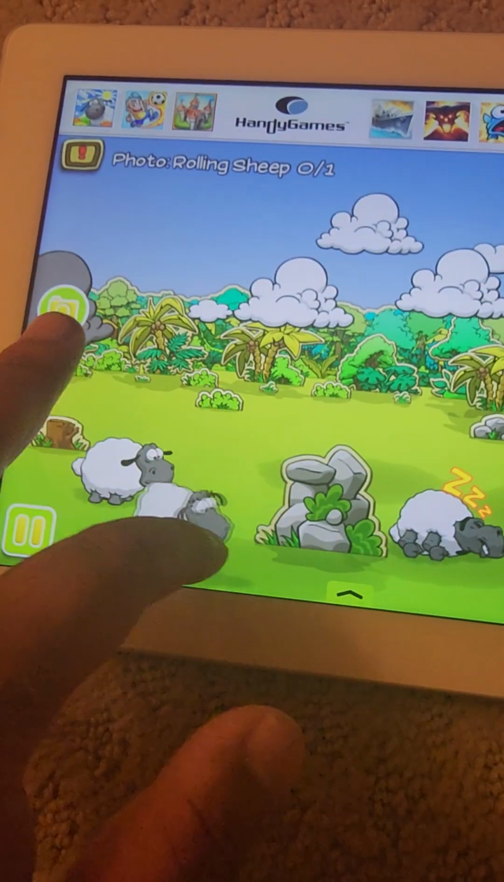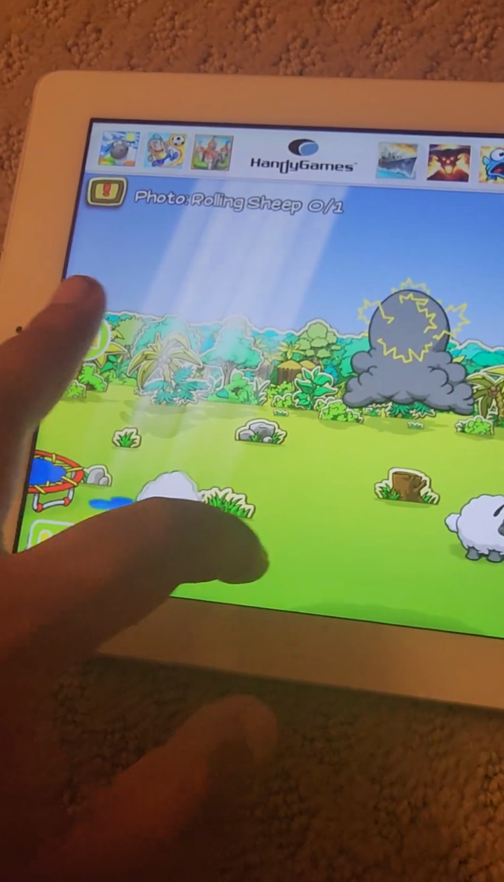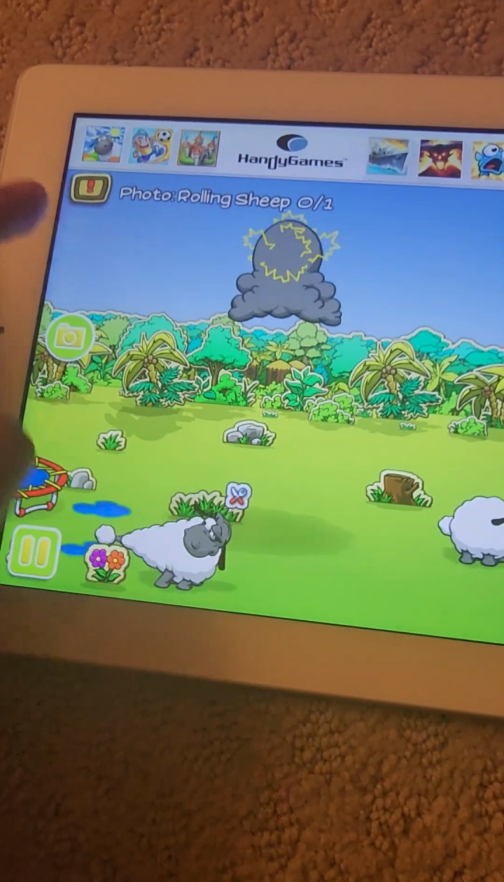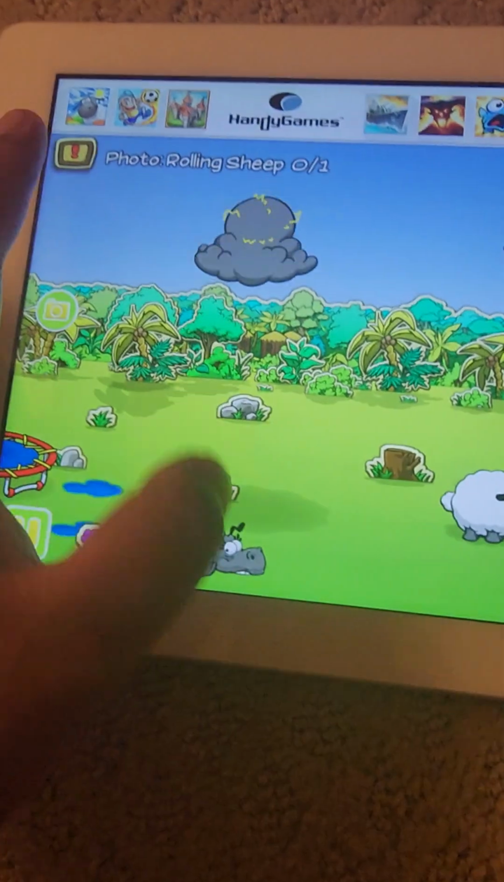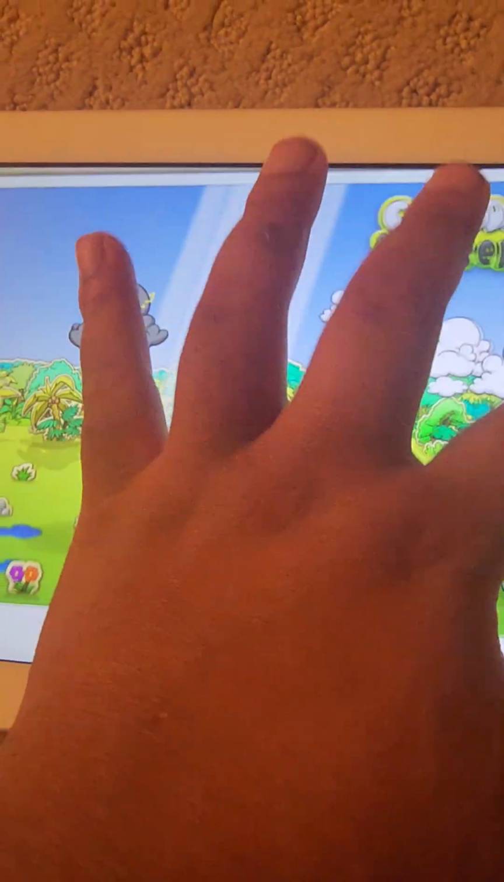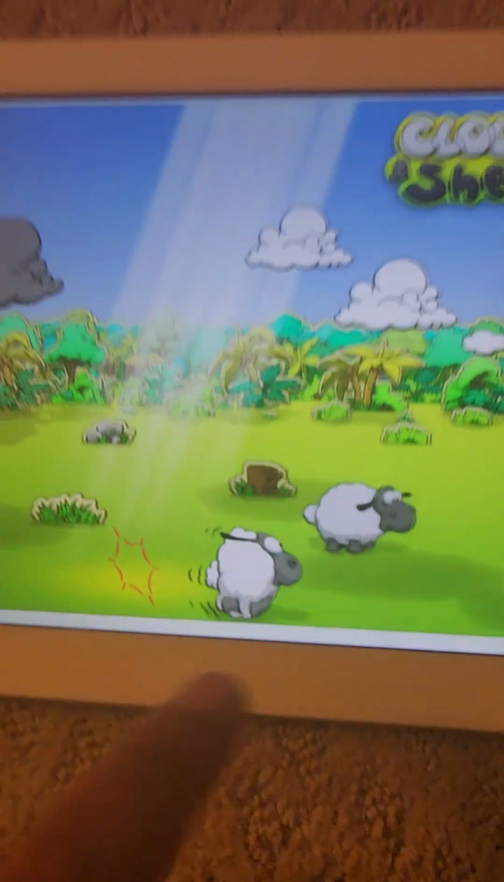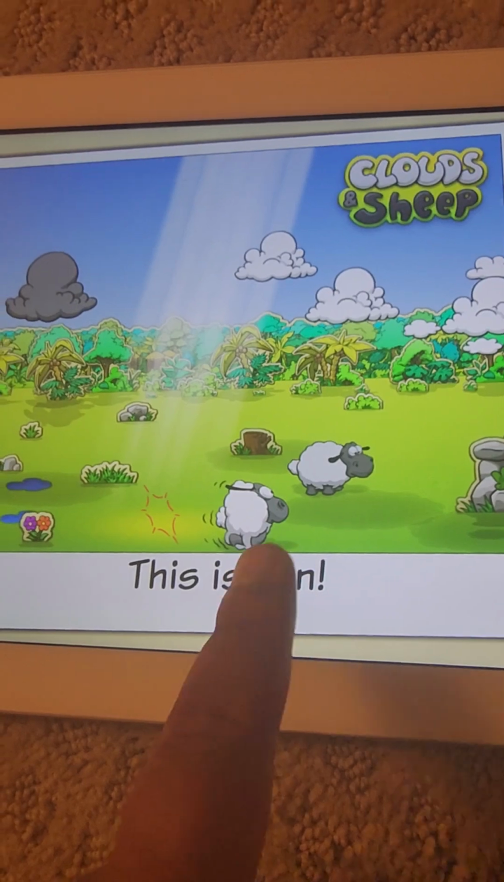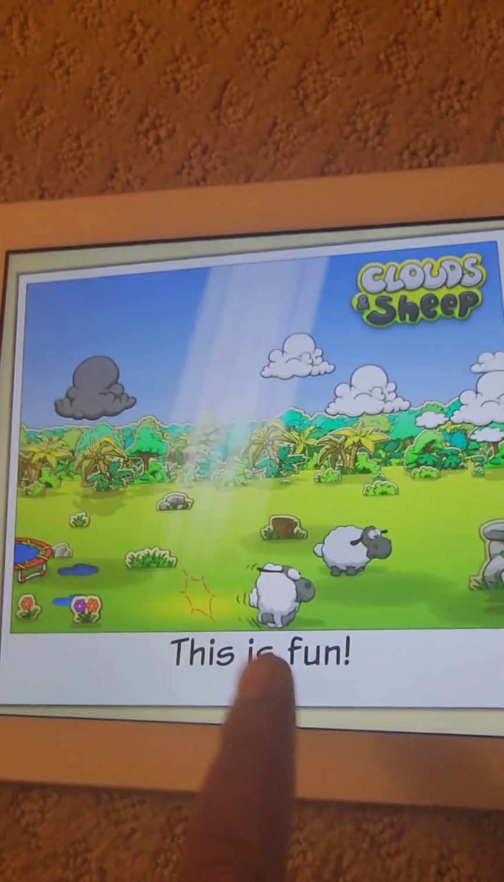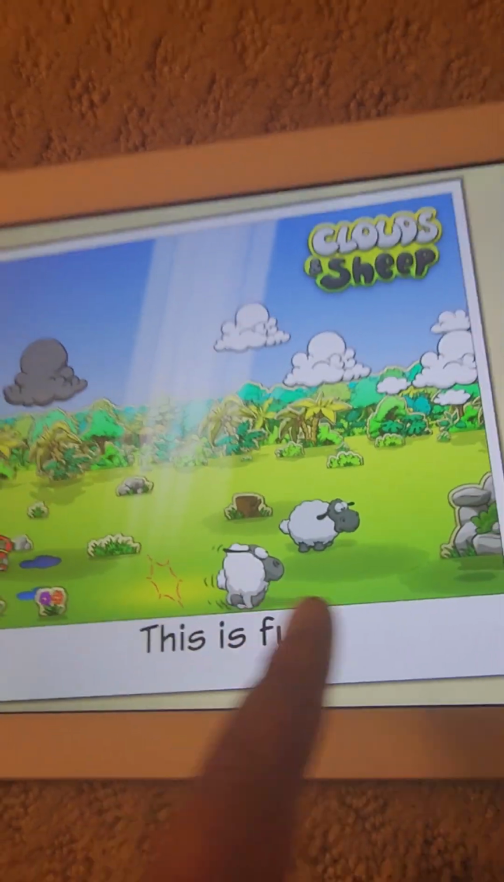Yeah, it's very difficult because there's not really much room. I'm gonna do my best though. Yeah, if you pull too hard, they won't roll like that. Like you do a picture of a rolling sheep, you have to make sure they're rolling like that. And then